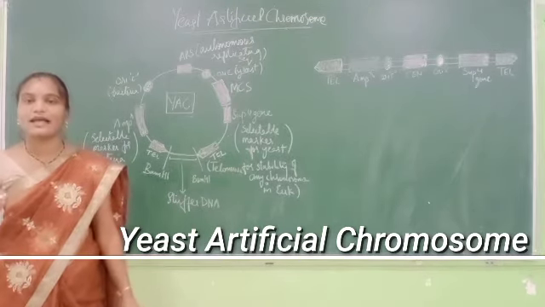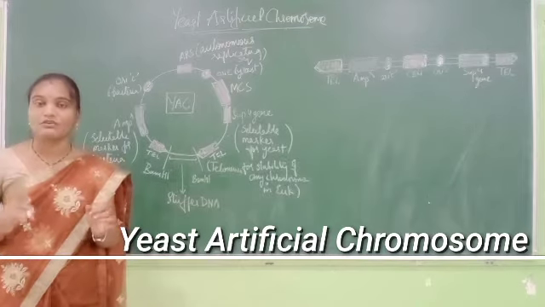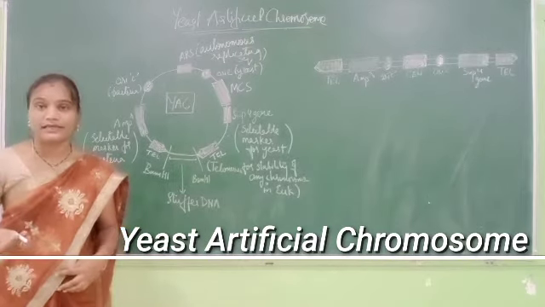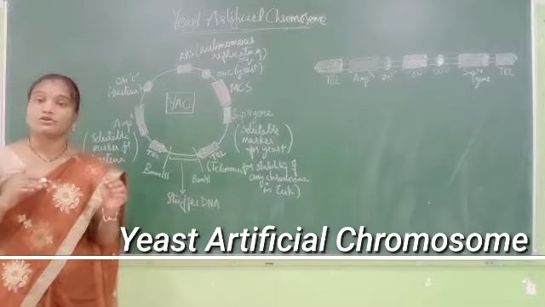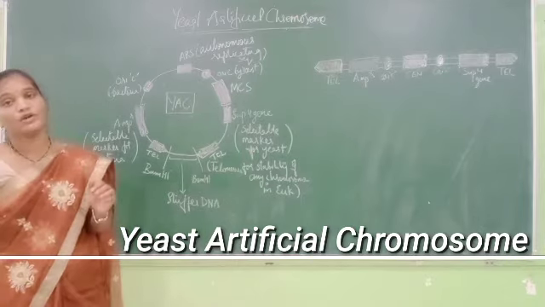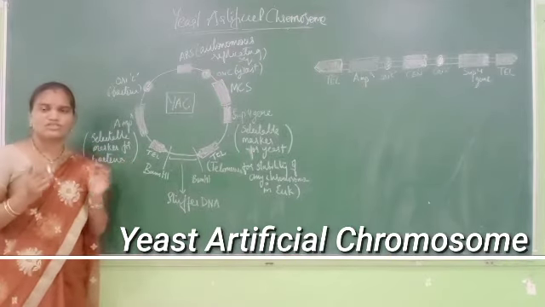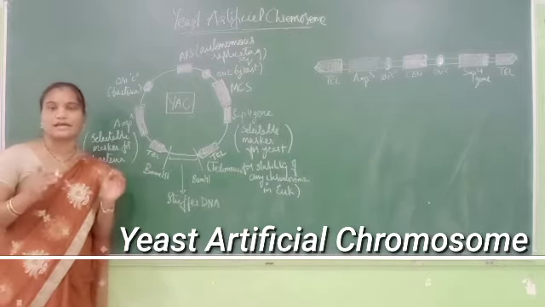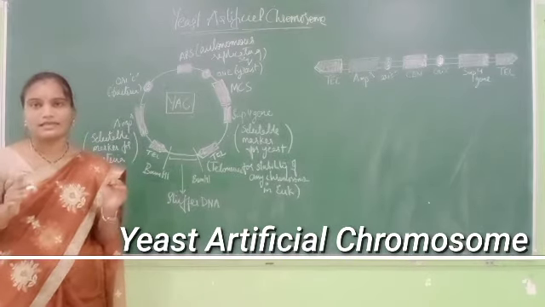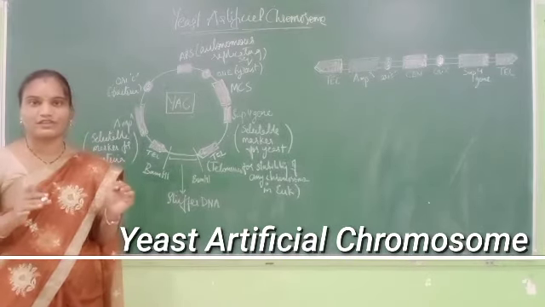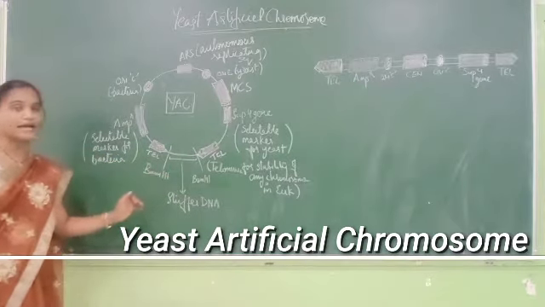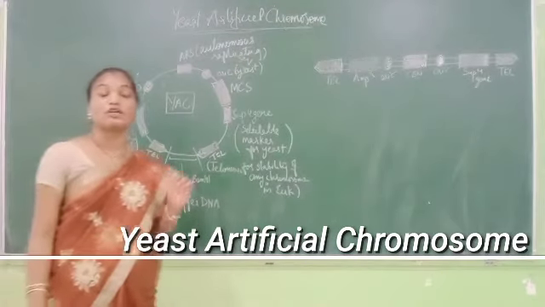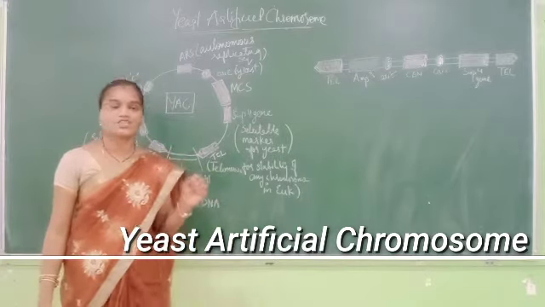Bacterial artificial chromosome is generally used to insert your target DNA molecule of around 100 to 300 kilobases, isn't it? So it is simply used to insert a little bit bigger sized target DNA molecule, a gene of interest. Now coming to YAC, we have already discussed shuttle vectors. So what are shuttle vectors?